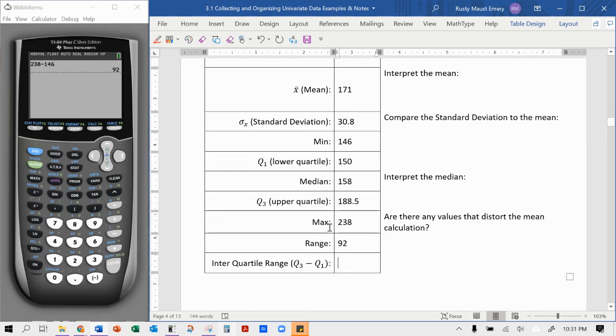The interquartile range is simply subtracting Q3 minus Q1. So 188.5 minus 150, and that is 38.5. And the interquartile range gives us the range of values that the middle 50% of my data takes on, right? So the middle 50% of my data falls within a range of 38.5 from the lower quartile to the